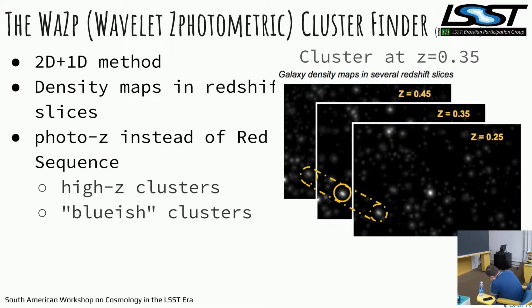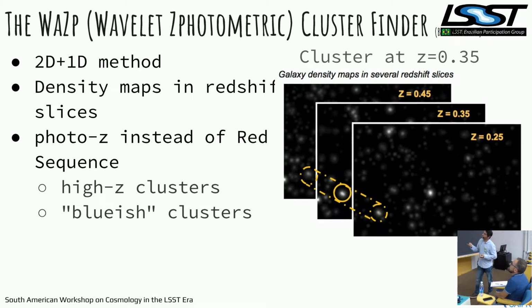Right. So let me finally talk to you about WaZP, or WhatsApp, it depends who you talk to, which is this Wavelet Z photometric cluster finder, right? So it's a 2D plus 1D. You build 2D wavelet maps to show the overdensities, and you do it in slices. This is just an example at z of 0.35, and you can see here the overdensity is larger, so you would say that the redshift of this cluster is